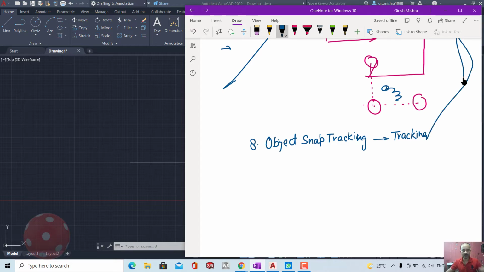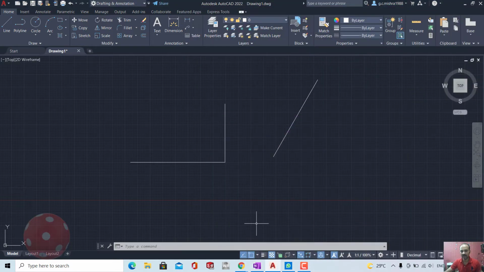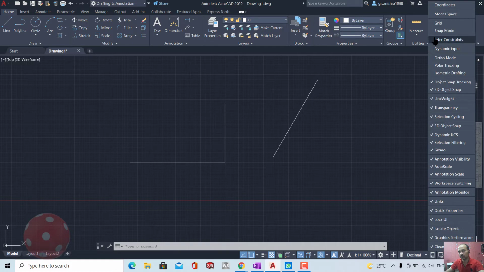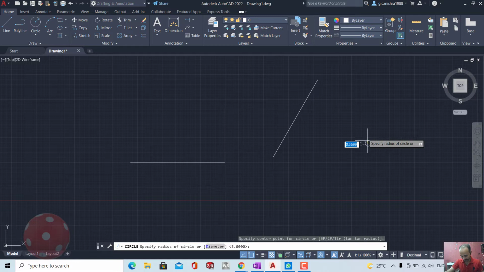Basically, this is used to trace something. I have to turn off ortho mode, so I will turn off ortho mode, then ortho mode will be hidden. If I want to create some circle, I have created some circle.